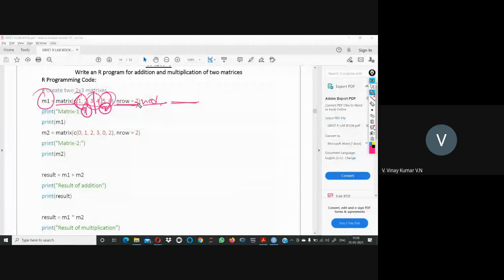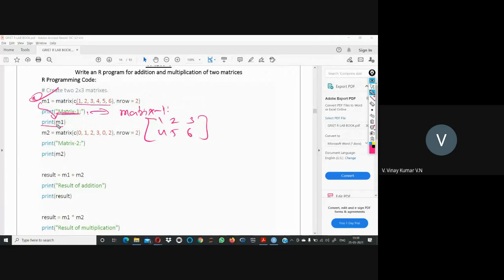So here our first matrix contains the elements 1, 2, 3, 4, 5, 6. I just define the matrix here, then comes a print statement. This statement will give you only output; it is nothing but printing a string. So my string is here, it is matrix 1. Then I am calling this M1 here and getting it printed. So print M1 means this matrix will get printed here, that is 1, 2, 3, 4, 5, 6. So this is how we get output till this line.